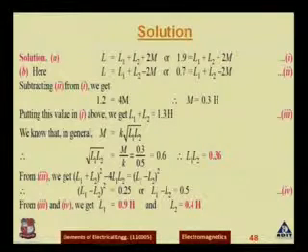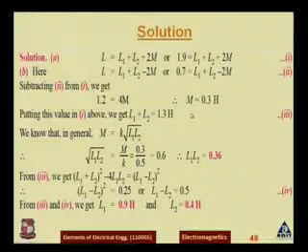So if we subtract equation 2 from equation 1, we get 1.2 is equal to 4M. That is, M is equal to 0.3 Henry. This value gives us the data that 0.3 Henry is the mutual inductance that will be created in between two coils if we are connecting them in series.